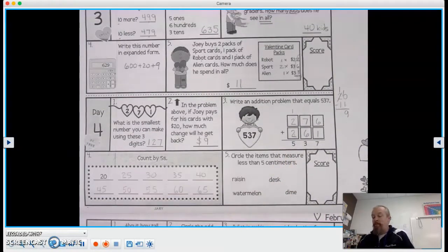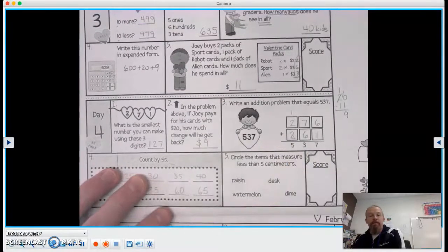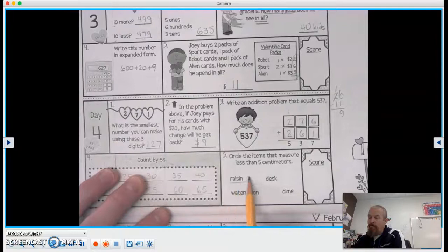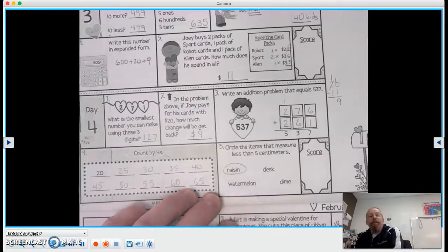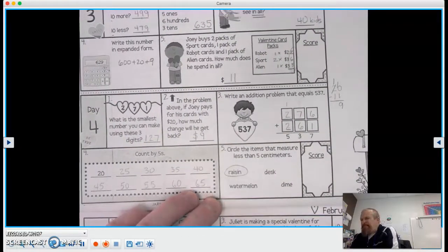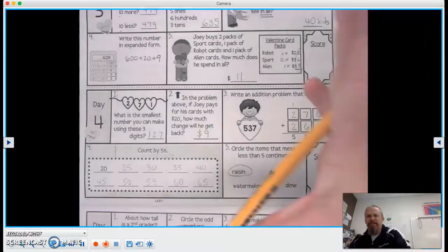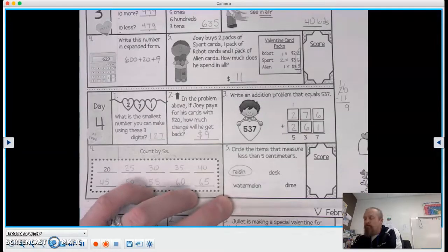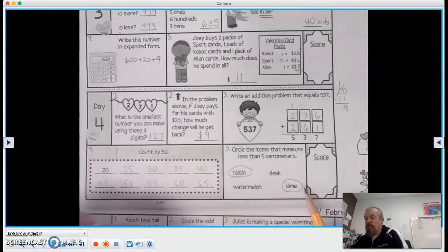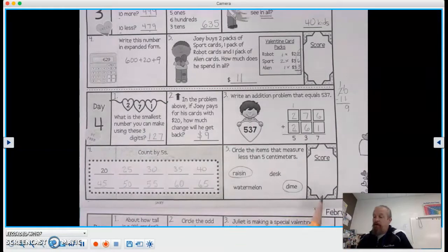So, a raisin, would that be about the size of a centimeter? Would a raisin fit about right there in that box? Yeah, sure would. How about the whole desk? No. What about a watermelon? Big old watermelon, that thing would be huge, right? What about a dime? Yeah, a dime would be pretty close, wouldn't it? Much closer. The best 2 answers, I think, would be dime and raisin, because it did say less than 5